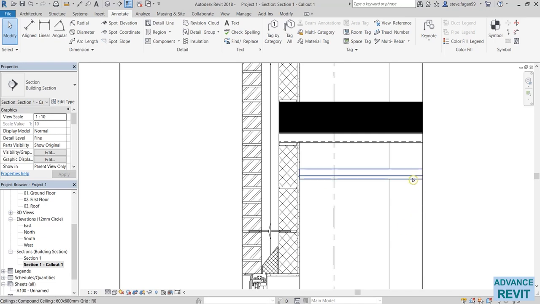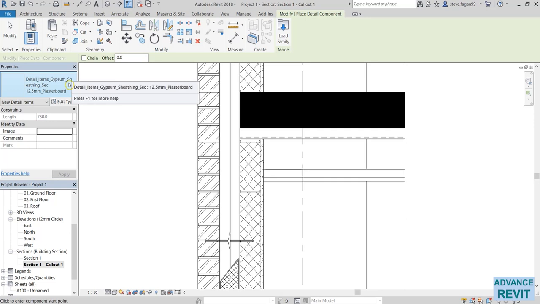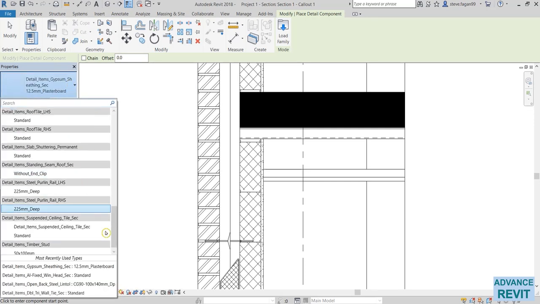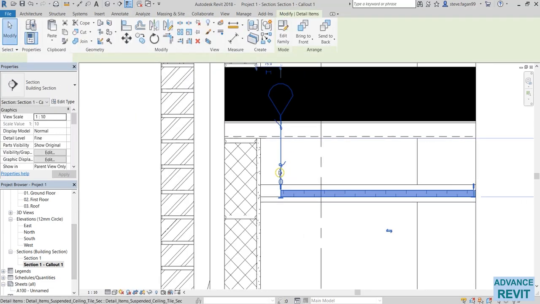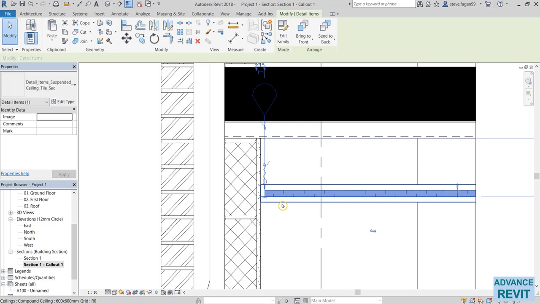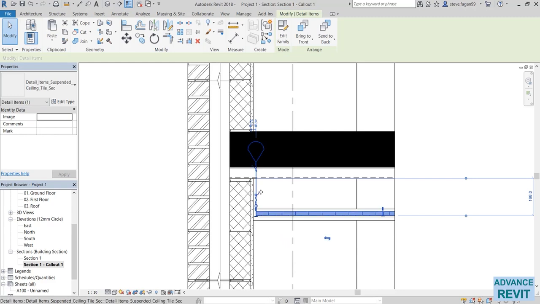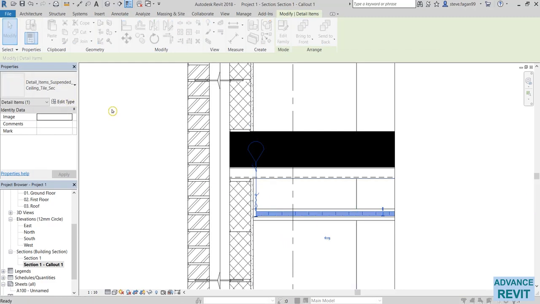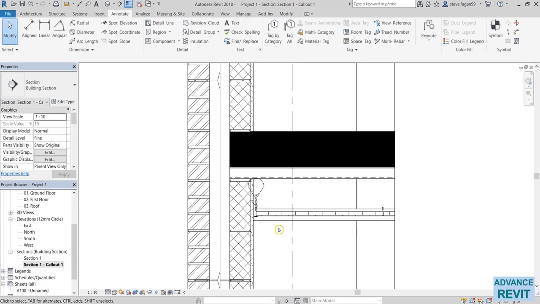As well with the ceiling here, we can go again back into component. We have a ceiling tie with ceiling board. So there's our suspended ceiling section. The ties are a bit too long, so we just have to select it, edit the type, go to suspension cable length. So if we reduce it down to 135,